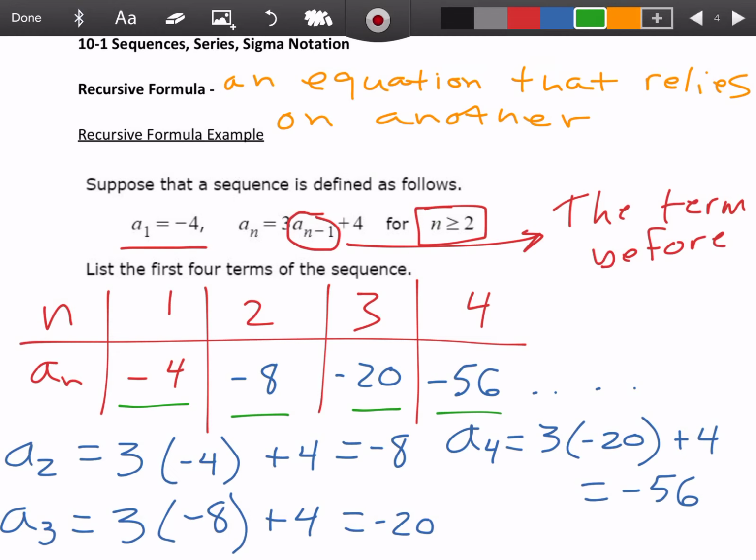So the explicit formula is a little bit more broadly used because it's a little bit more flexible, but the recursive formula is used in different circumstances that we'll be talking about later. So hopefully these examples helped give you an introduction to sequences and series,